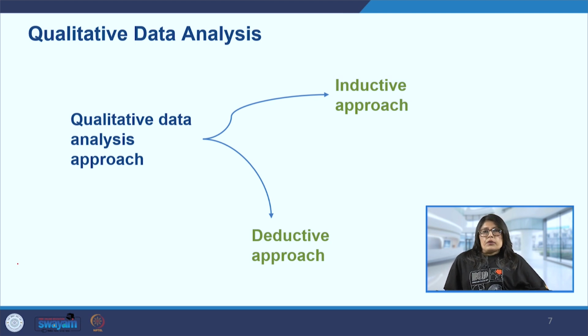But when we come to the other approach, which is the inductive approach, it is not based on any predetermined structure like we saw in the deductive approach, and it is more time consuming and a thorough approach. Now this approach is usually used when the researcher has very little information about this particular area that they are trying to research. And this, contrary to the deductive approach, starts with a specific observation and then moves towards broader generalizations and theories. So we are reversing the order that we had followed in the deductive approach.